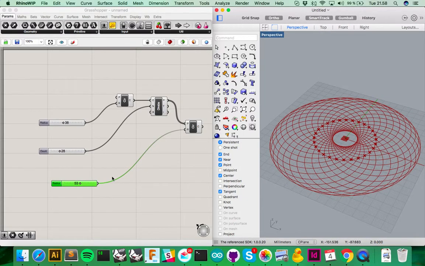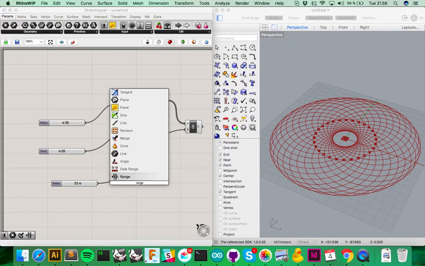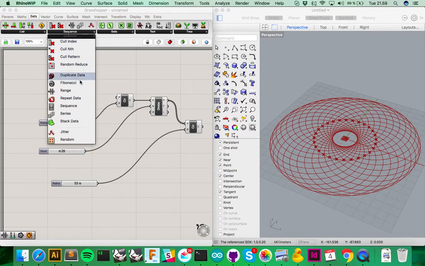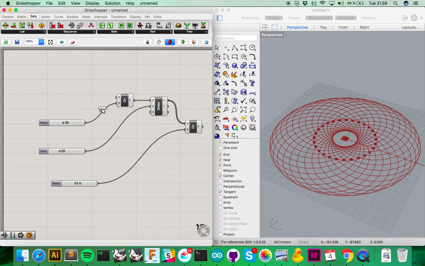Okay, so we need to define a range. So I will define a range. I will just have to see here which one it is. We will do a range, and in order to have the range, we have to specify a domain for these